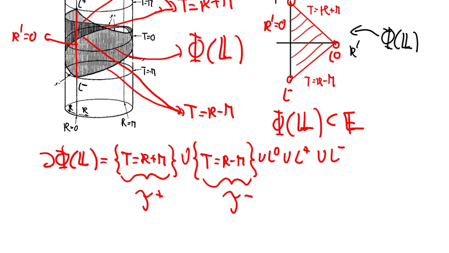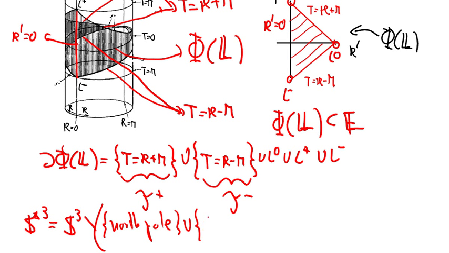So yeah, if we define S star 3 as S3 minus the North Pole, then it's just S3 in which we have taken away the poles. Then we deduce that